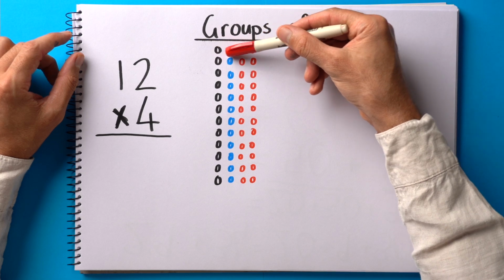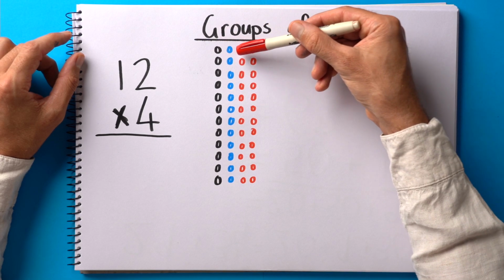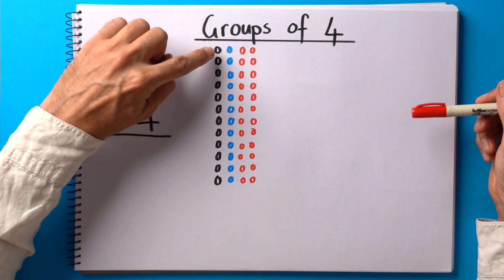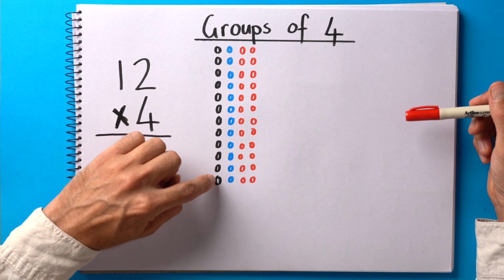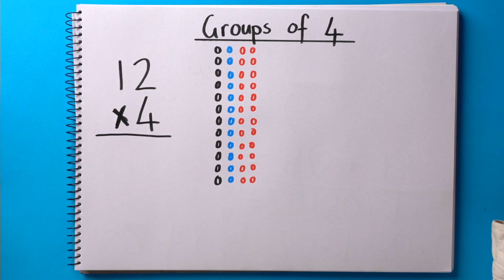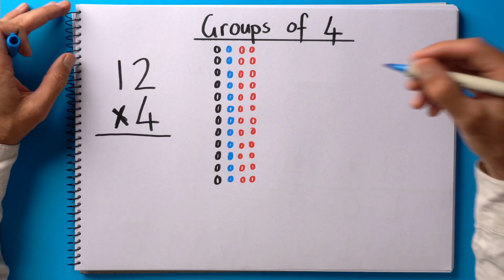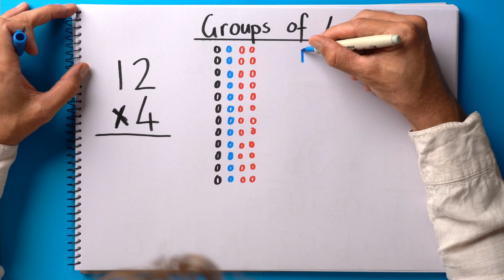Notice that this is one group of 4, 1, 2, 3, 4, and we've got 12 groups of them, 1, 2, 3, 4, 5, 6, 7, 8, 9, 10, 11, 12. So now we've got 12 groups of 4. How many dots here have I got in total? In the first step, we